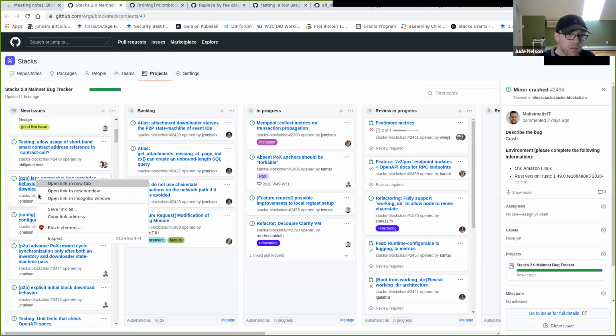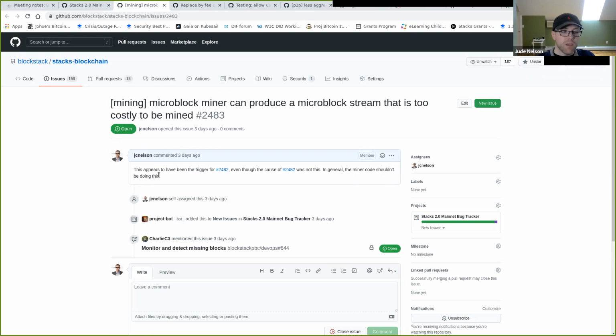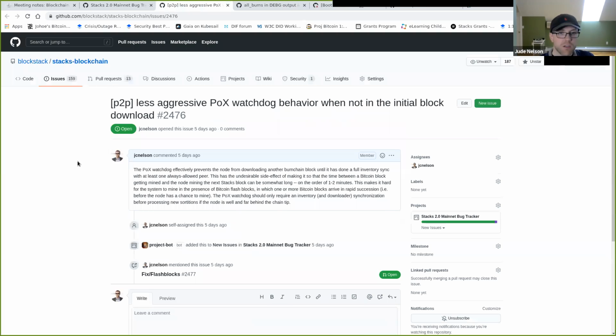Let's see. Less aggressive POX watchdog behavior. Okay, this is actually fixed in the Flashblocks PR. Oops. For some reason, Chrome is being obnoxious. Okay. The issue here is that, up until last week or so, we've been seeing heightened mining activity on the Bitcoin network. What we see are blocks arriving within a minute or so of their parents, and that can cause miners to miss sortition, which both hurts their mining prospects as well as